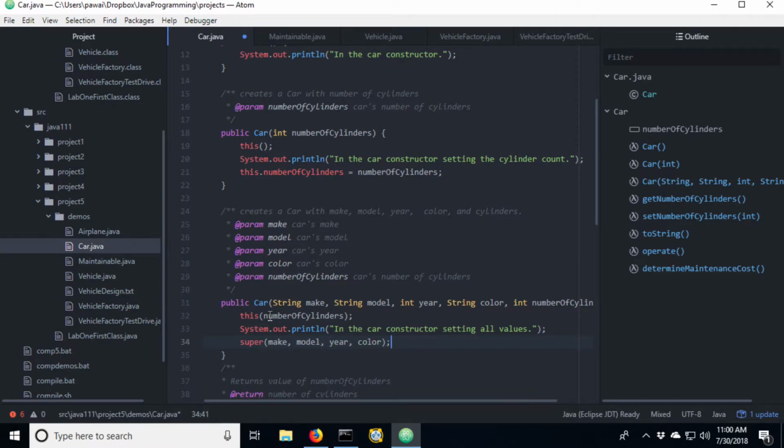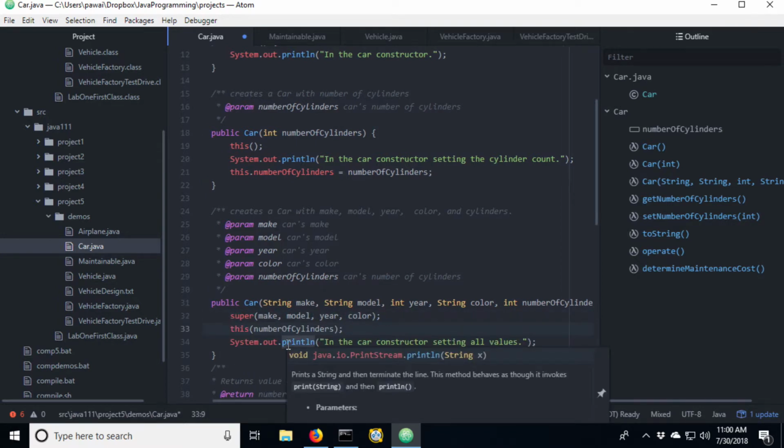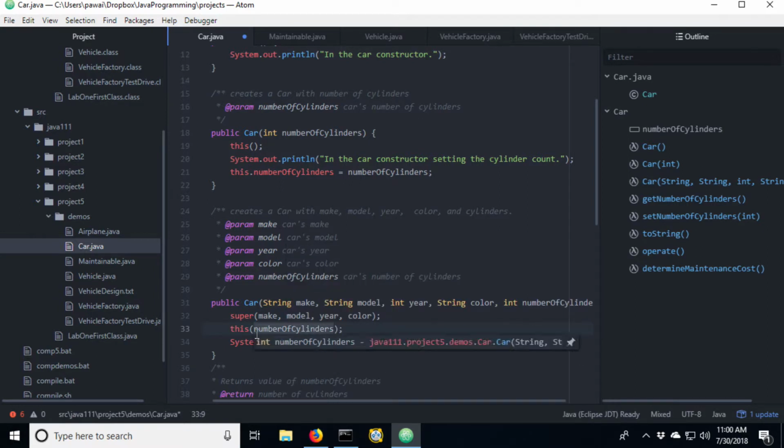I may have to actually do the set. So there are some times when we may not be able to do quite what we want to do. Let's leave it that way for now, and we'll come back and fix that up in a second.